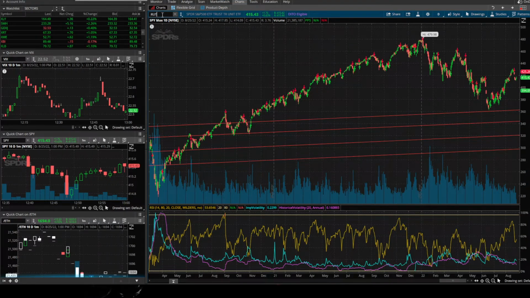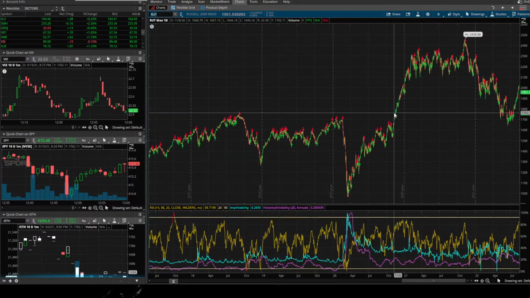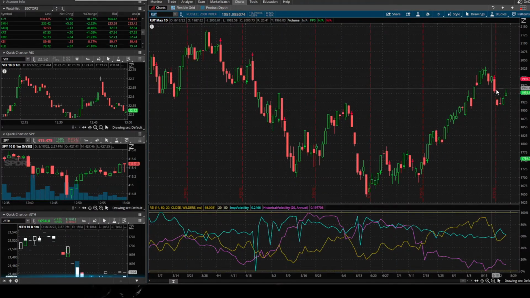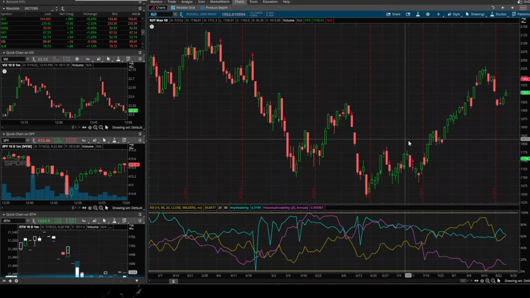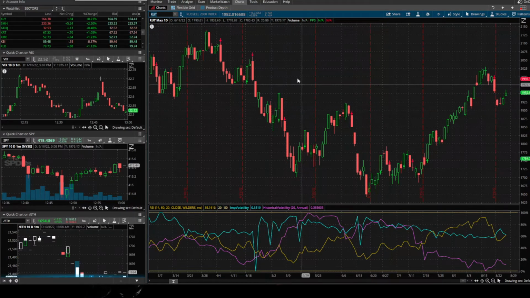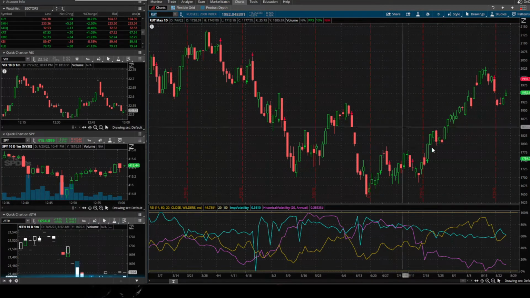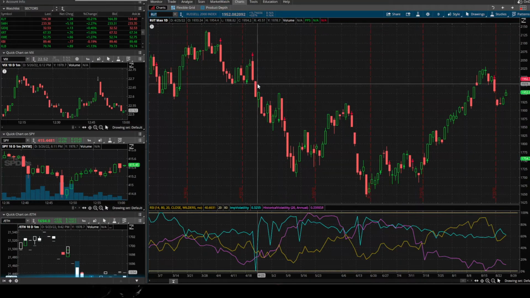I'm also considering buying some low delta LEAPS that are 1.5 to 2 years out on the Russell 2000 as well, just because I think on the next rally this will have some momentum. I think this is going to be one of our strongest indices after this sell-off is over. I think this is going to be our strongest index. So I might buy some out-of-the-money lotto LEAPS on this as well when that happens.